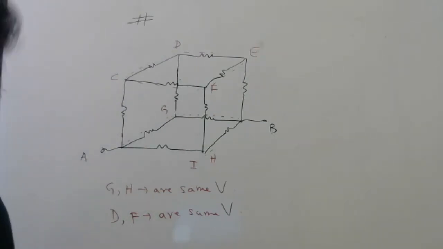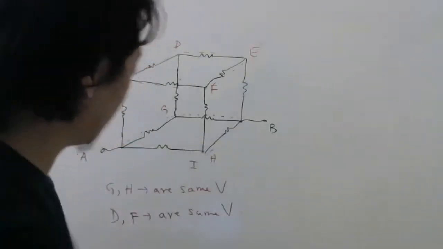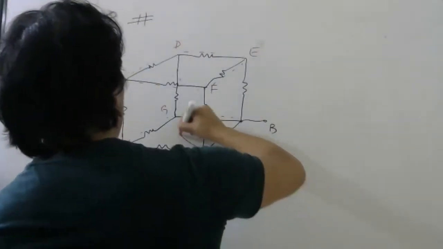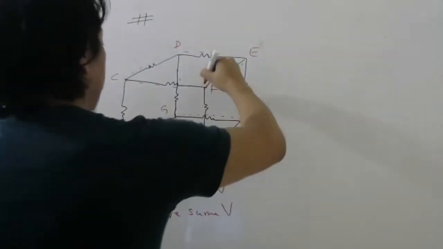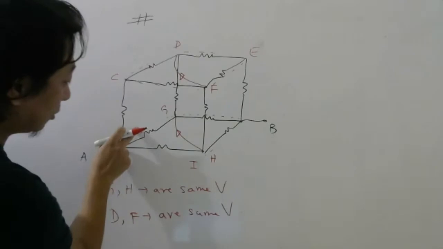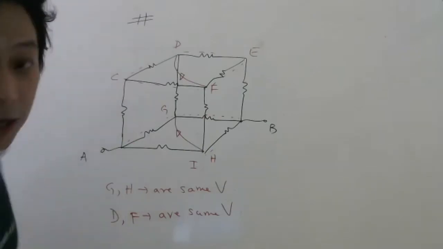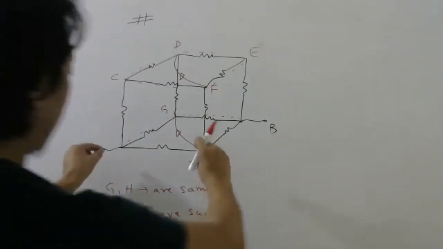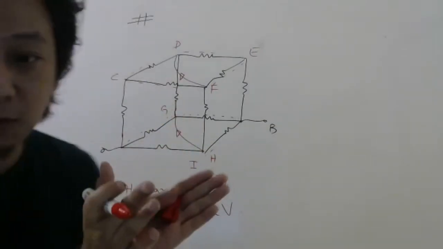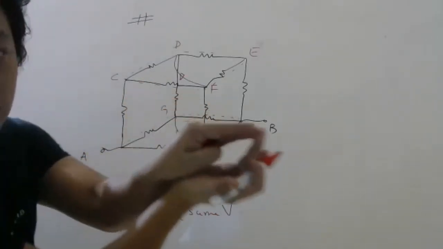Once I know they are at the same potential, I can join those 2 points. So G and H can be joined. Meaning this point can be put here, and this point can be put here. Okay. When you do that, these two will come in what combination? If I put this here, these two resistors will come in what combination? Imagine I'm pushing this point here. Right now it is like this, no? If I join these two like this, in what combination will it come?